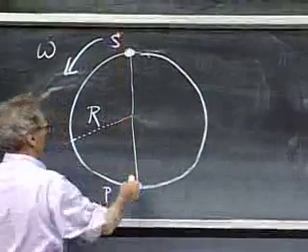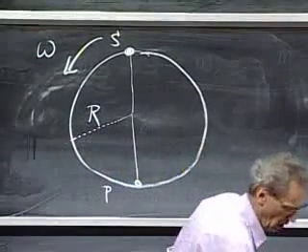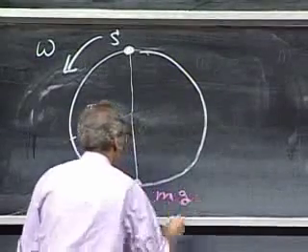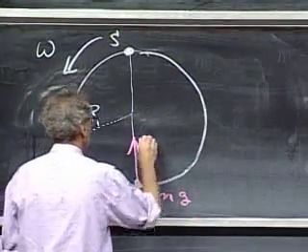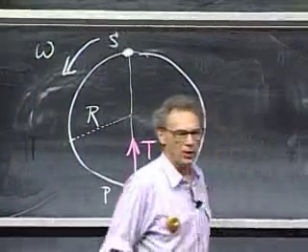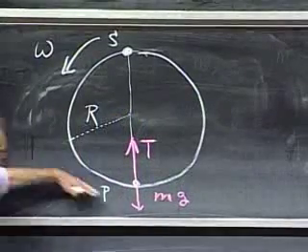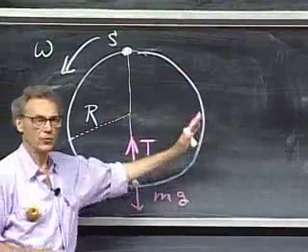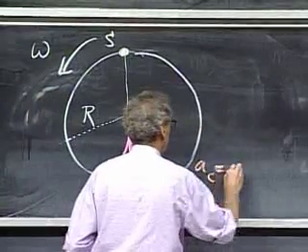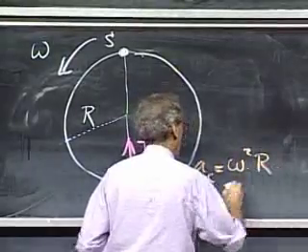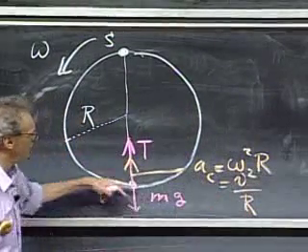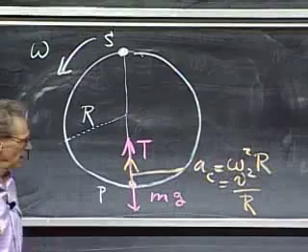Let's first look at the situation at point P. You have a mass, and so gravity acts upon you, mg. There is tension in the string, T. There must be, this is non-negotiable, a centripetal acceleration upwards. Otherwise, you could never do this. Remember from the uniform circular motion. So there must be here a centripetal acceleration which is omega squared r, or if you prefer, v squared divided by r, if v is the tangential speed at that point. It must be there.